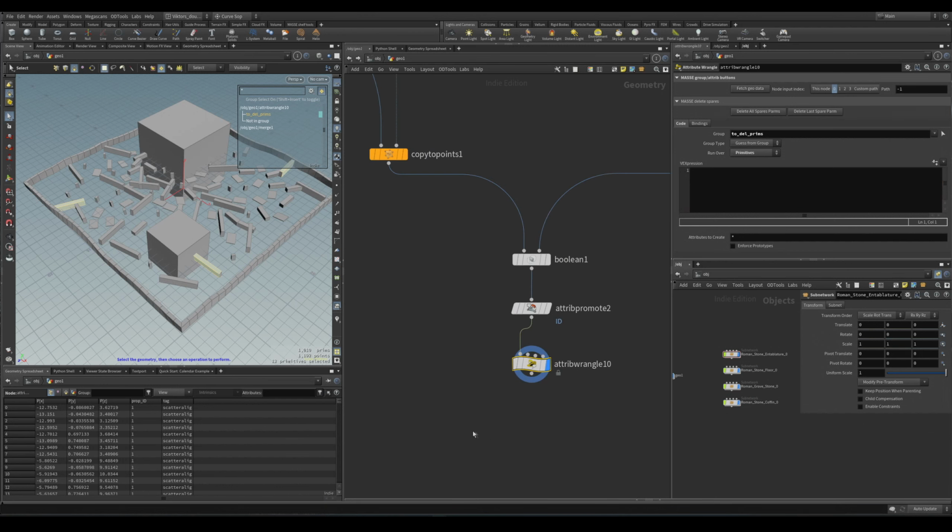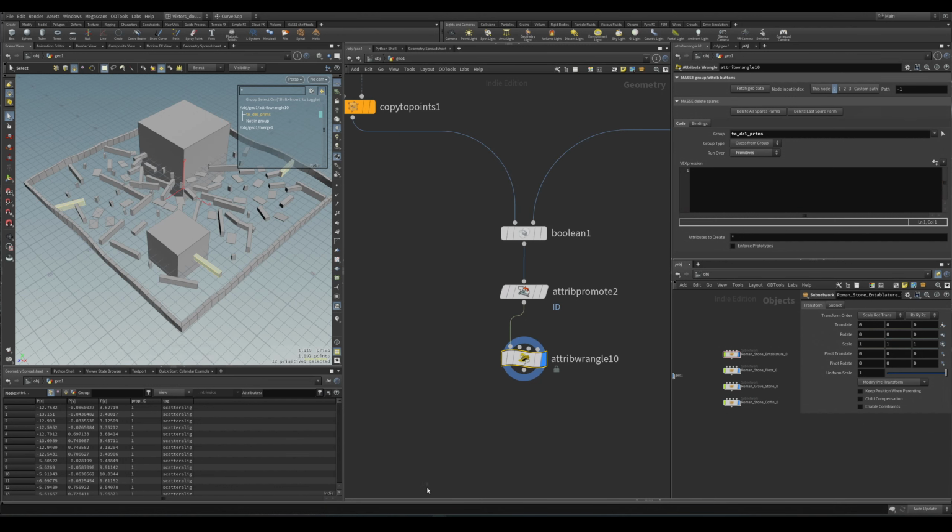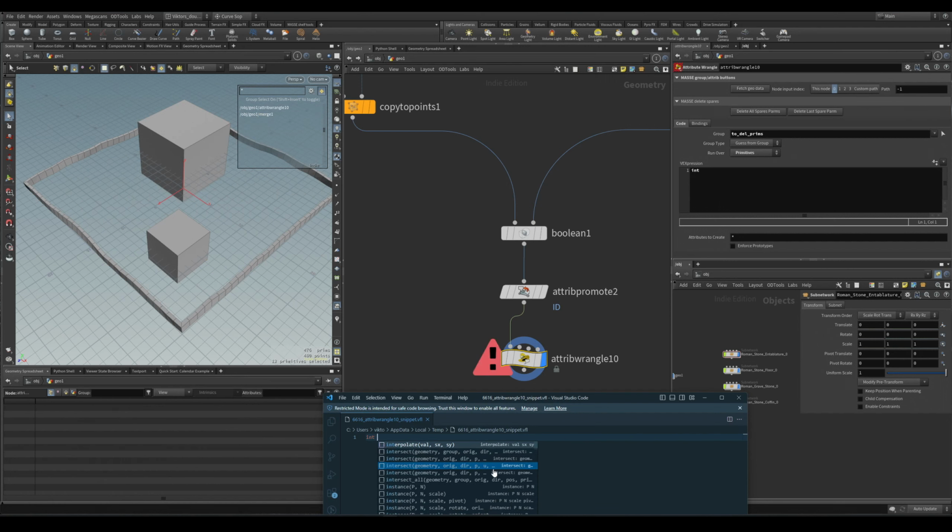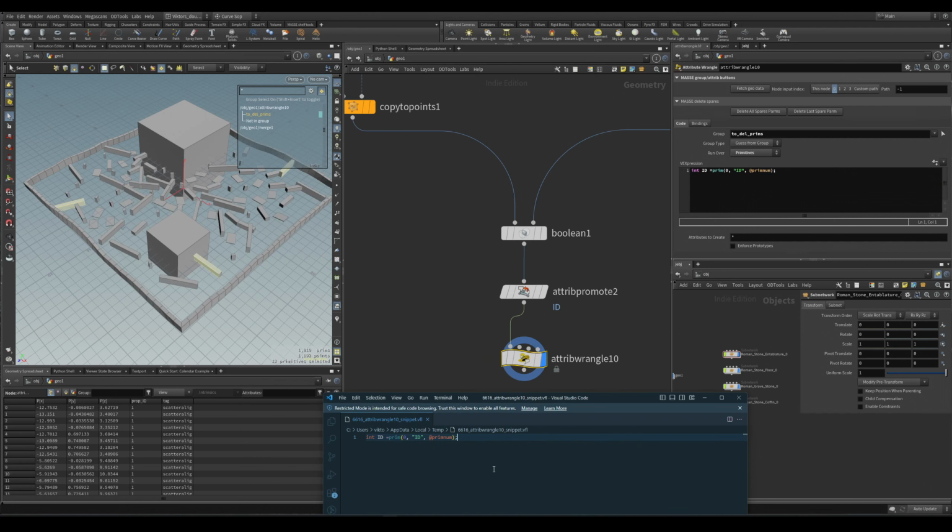First of all, we want to get the ID of the primitive that we run through, which is now going to be a primitive attribute. So let's do that. Integer, I'm going to call it id equals prim, attribute name is id, and prim num is @primnum. So now we get our ID, and we know that this ID is already marked for us to delete. If I want to get all of the members of that ID, all of the primitives that are the members of that ID,